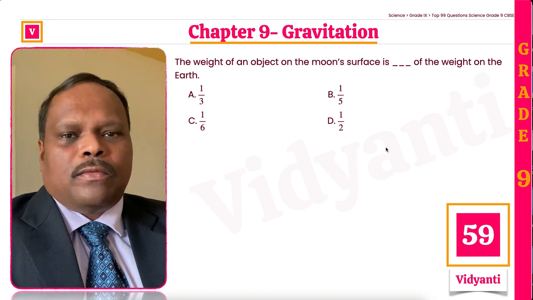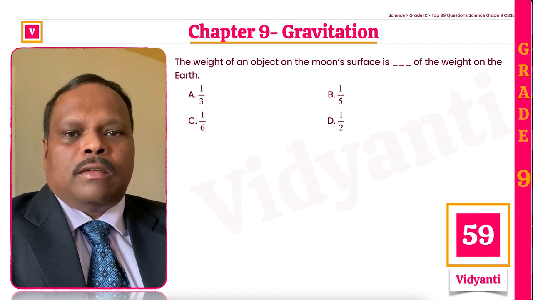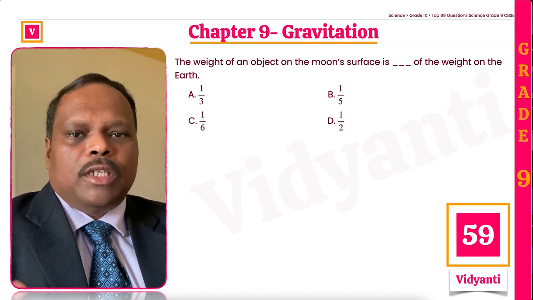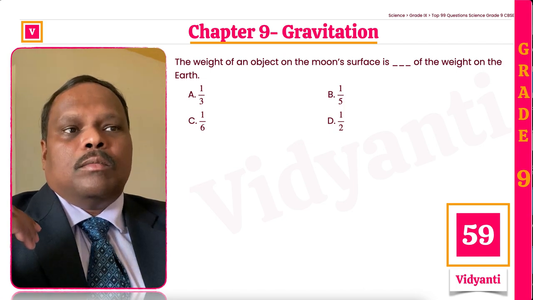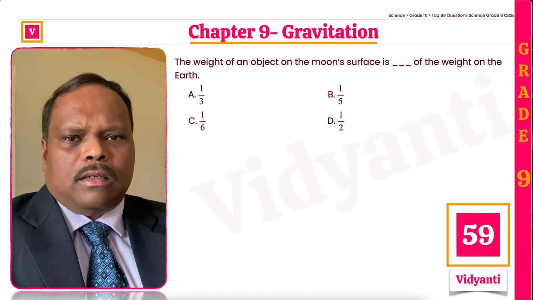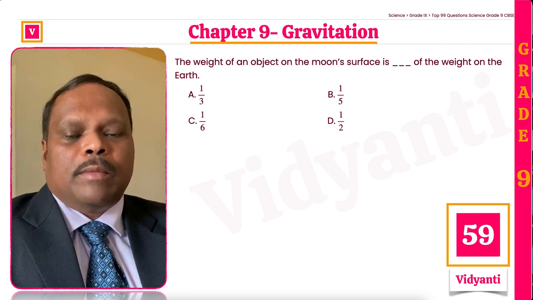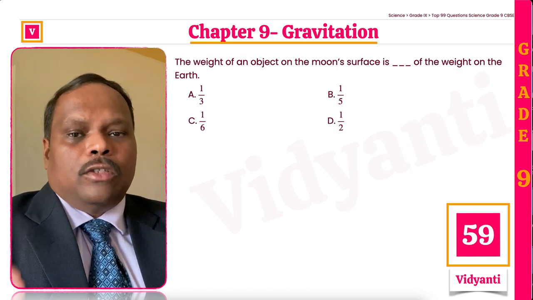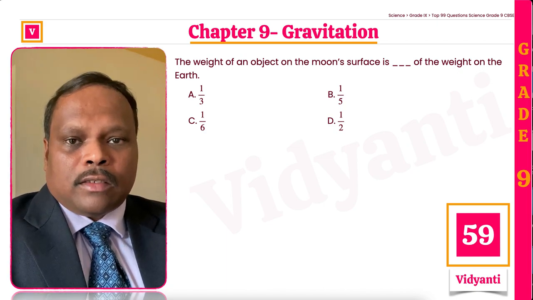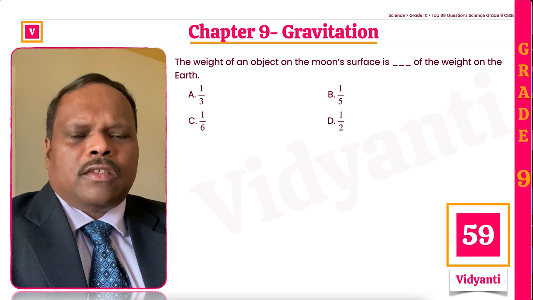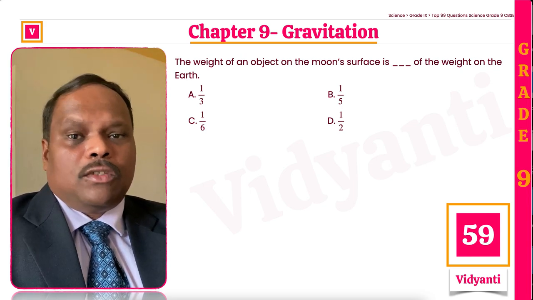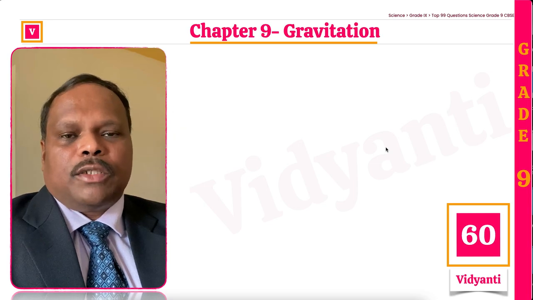The values of the masses of Earth and moon and the radii of Earth and moon, they happen to be in such a way that the moon surface gravity is 1/6. Let me give the proper numerical example. The g value, the small lowercase g, is 9.81 meter per second square on Earth's surface. In case of moon, it is 1.625, which is 1/6. So that is the correct option.